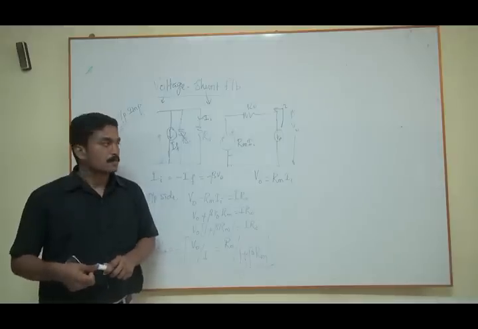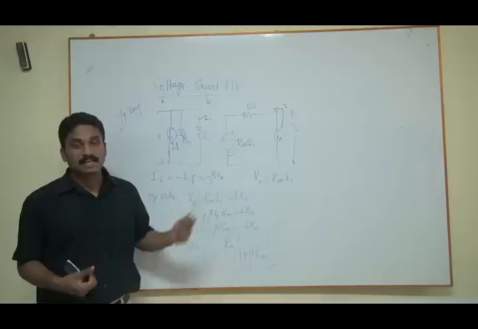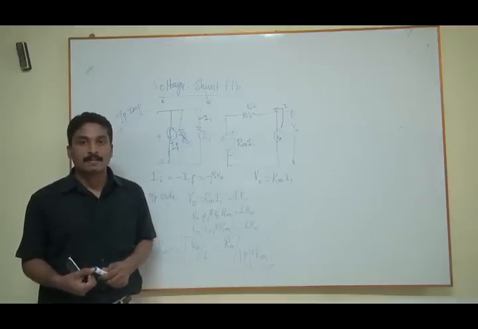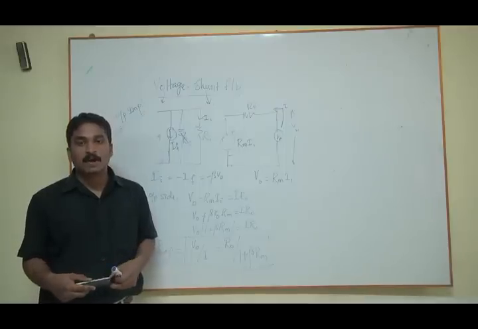I think time is up. So still we have two more types, current series and current shunt. We'll discuss current series and current shunt feedback amplifier in the next lecture, and we'll see how the input and output impedances